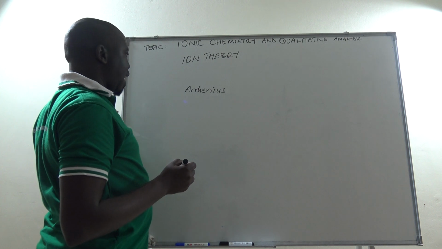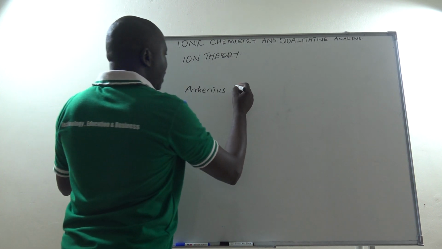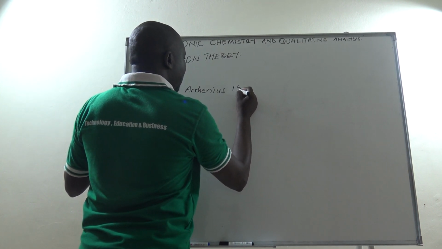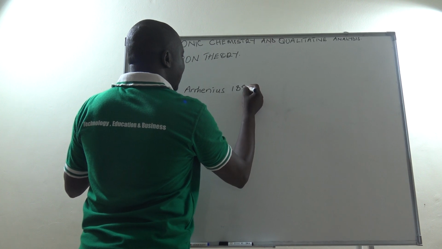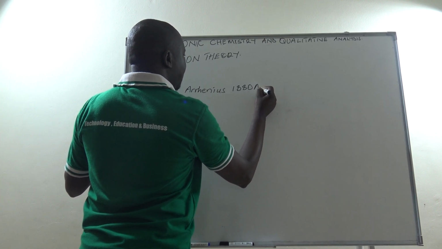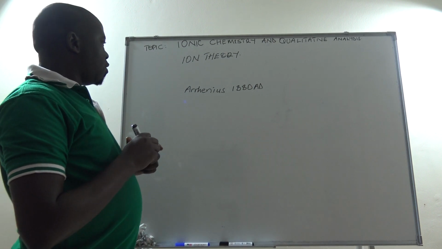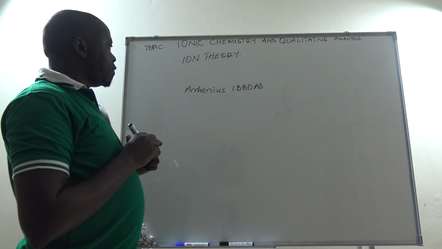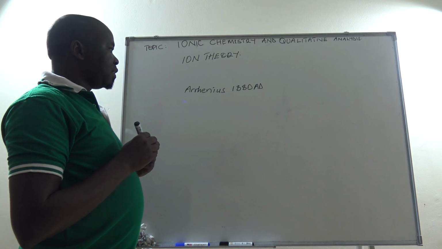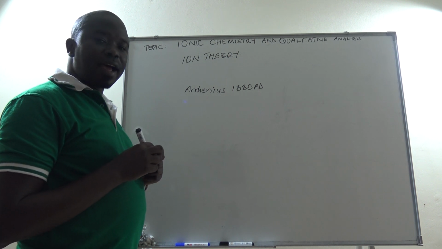And he put this ion theory in the year 1880 AD. According to the ion theory put forward by Arrhenius in about 1880 AD,